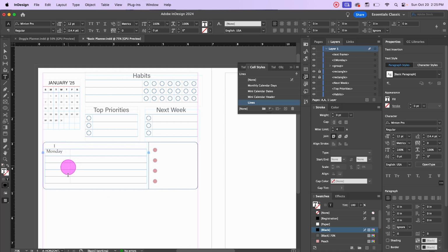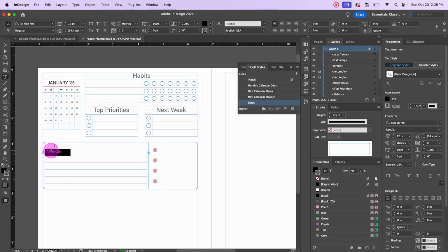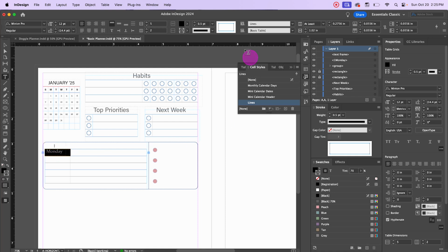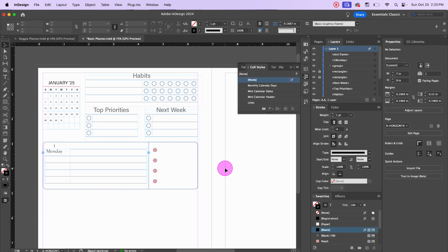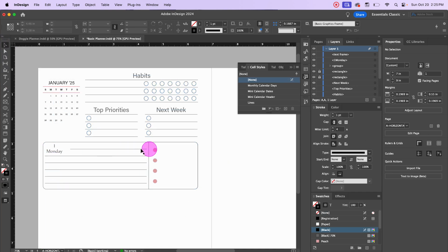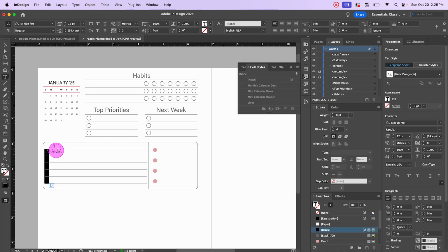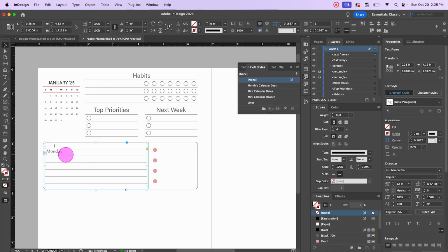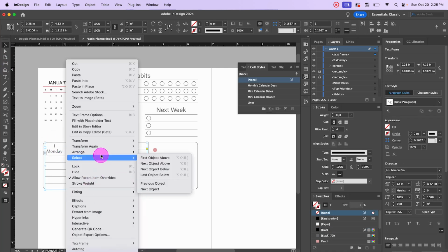And now that I have that column the width that I want, I'm going to come here, highlight this little cell, and I'm going to get rid of that top line so it's not going through. So we're going to get rid of that stroke. With only this top line selected, let's say 0 point. And now when we look at it, we have this extra top line, but we have the date here. My suggestion would be send this back so that you can access that date easily. You want it on top